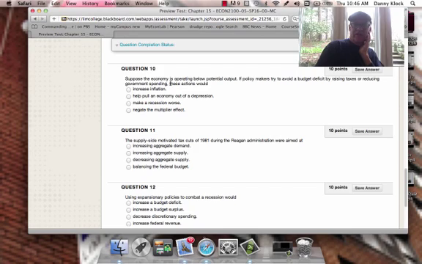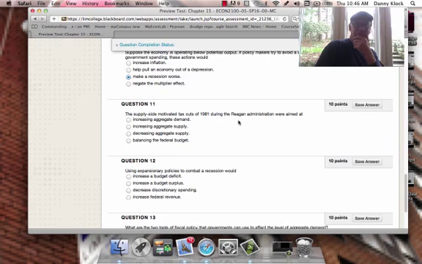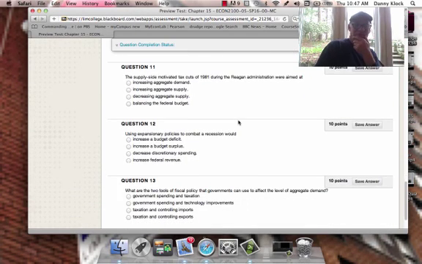All right, question 10. Suppose the economy is operating below potential output, right? If policymakers try to avoid a budget deficit by raising taxes and reducing government spending, this is a bad thing to do, right? If you raise taxes, you're taking money out of people's pockets to buy things and help GDP. If you reduce government spending, again, this would also put less money into the system. It would not be very good for the economy in the short run. So these things would make a recession worse, right? If that was the case. So in the long run, would it be better? Yeah, I don't know. It's up for debate.